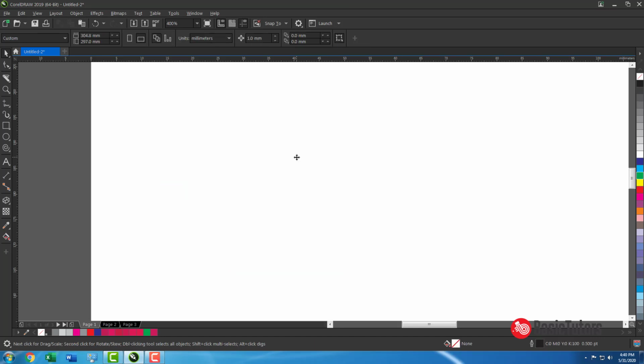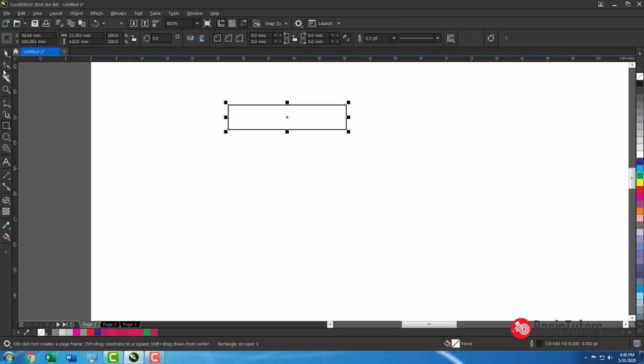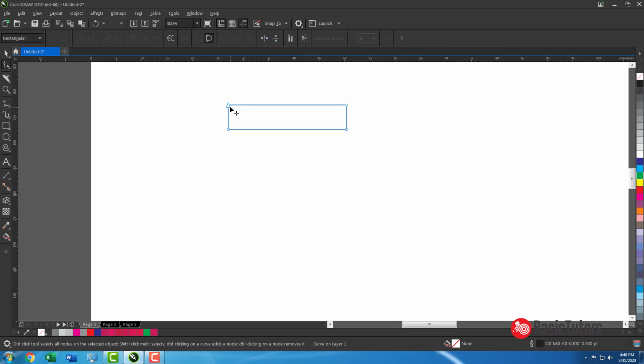The next thing will be the connector tool. What can we do with the connector tool? This is a rectangular object. See, there is a trick. Suppose you drag and move from this point after drawing a rectangle, the corners will get curved.